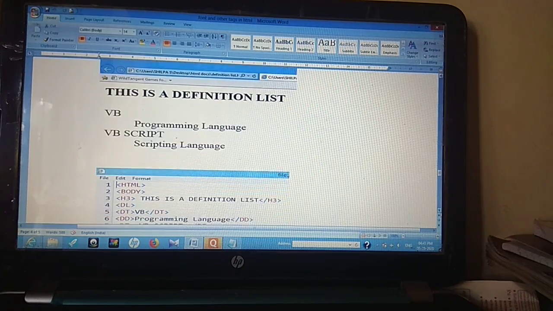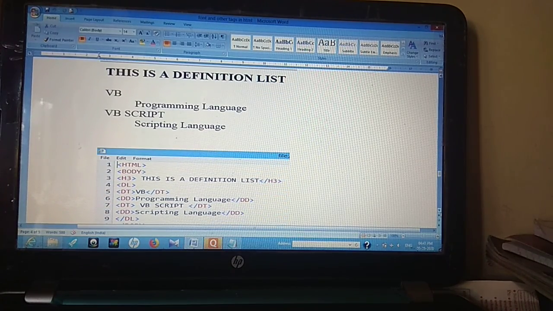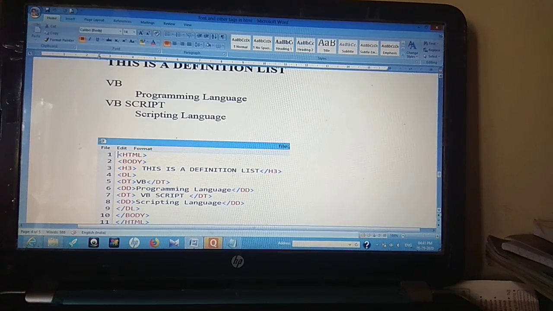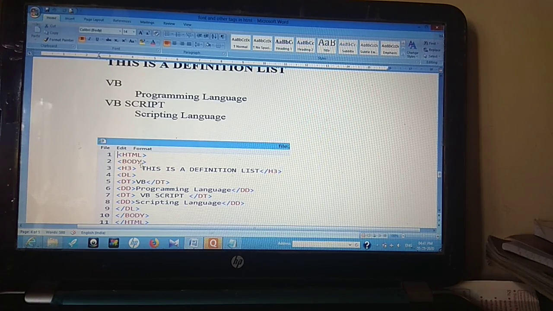Now this is a definition list. In this definition list you can see that I have used a DT for definition. DL is the beginning of the definition list. It doesn't have any attributes over here. DT is the definition term for VB. DD is the definition description for programming language. The new DT term is given, VB script.